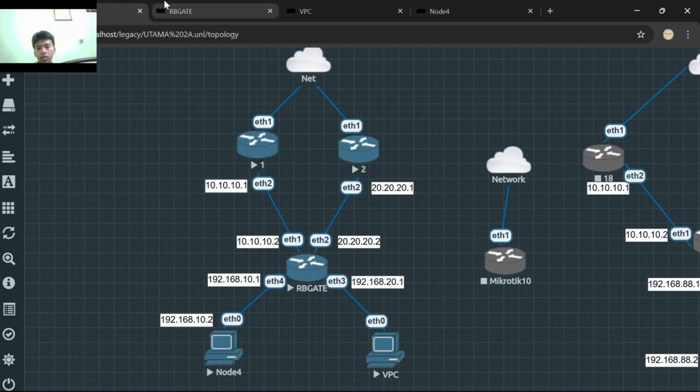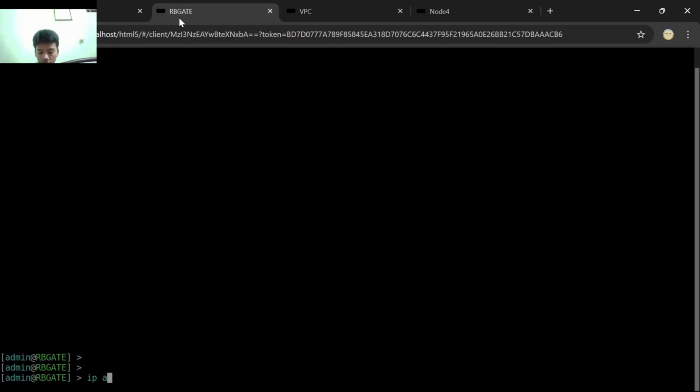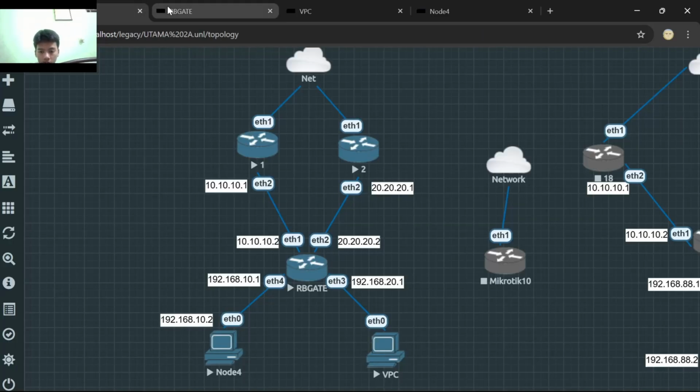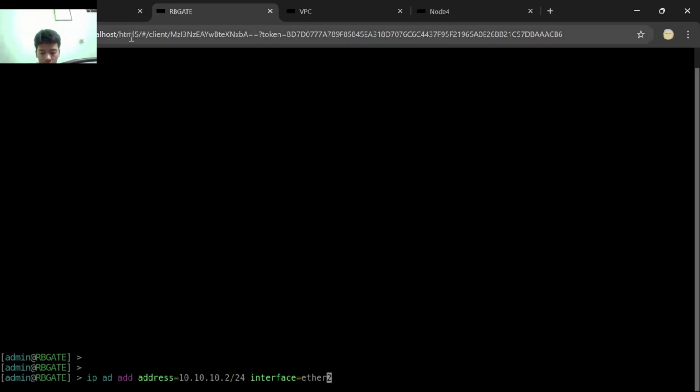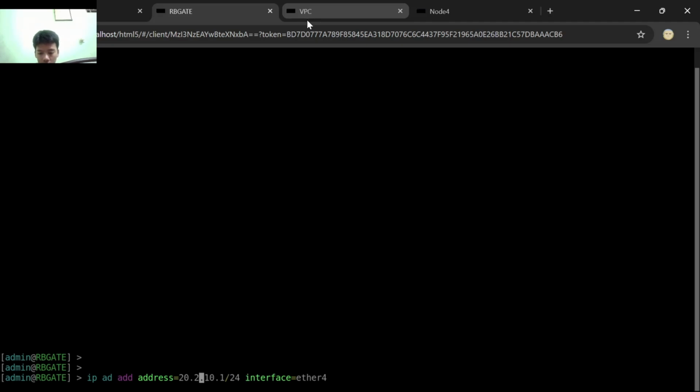Now we add the IP, the command is like this: ip address add address 10.10.10.2/24 interface ether 1. Then ether 2 is 20.20.20.2/24, and for ether 4 it's 192.168.10.1/24.